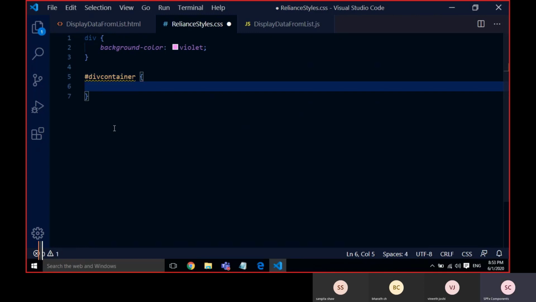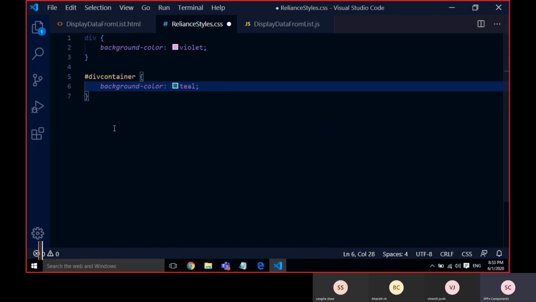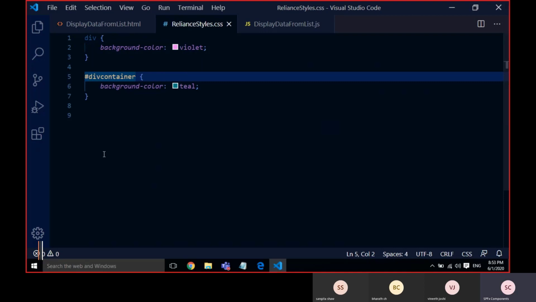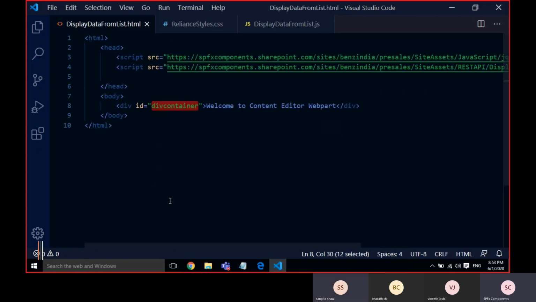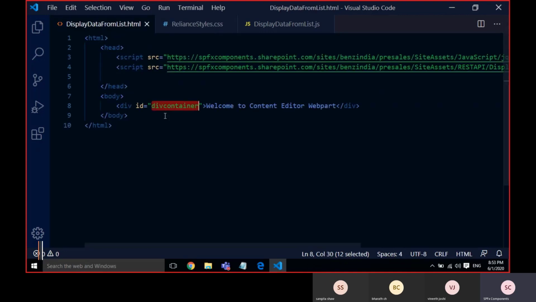Teal is the background color. So here the concept is if it is an ID, we use hash. After that, take the ID, the div contain, and paste it. So automatically this CSS will apply, the background color teal will apply to this ID, which is available in the HTML, within this div.